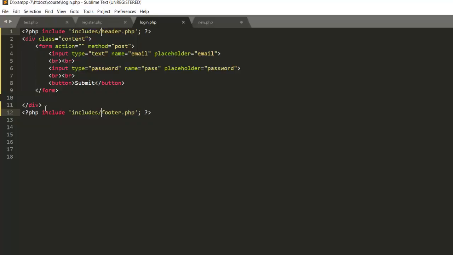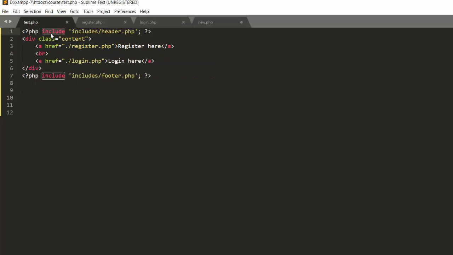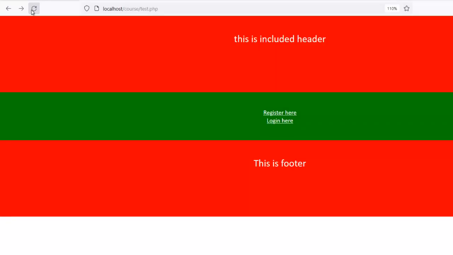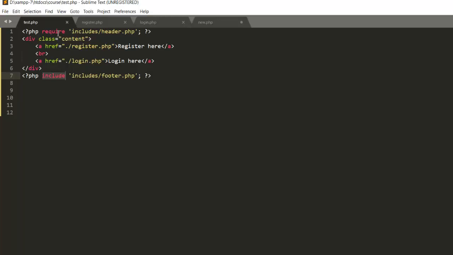There is another function which is require. Now you must be wondering what is the difference between require and include, right? So let me give you the example. The functionality of require and include is the same. It's completely the same. The only difference is the way they handle the error. You use require only when you want to make sure that this file is available, otherwise stop the entire